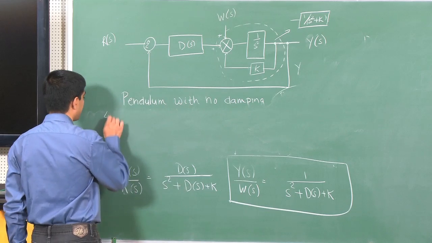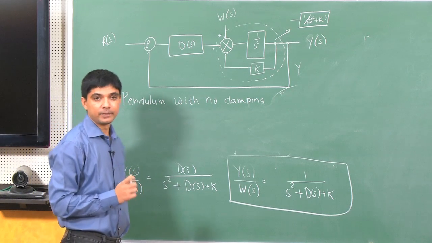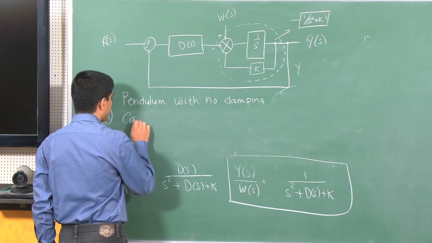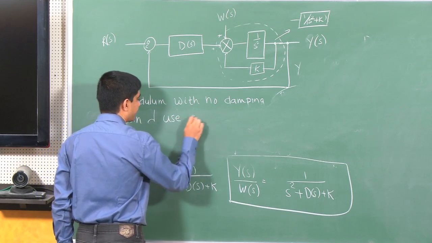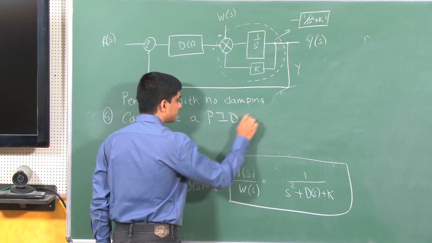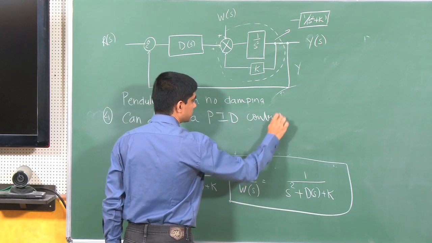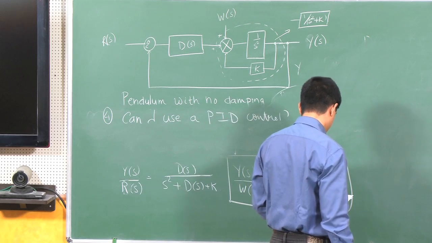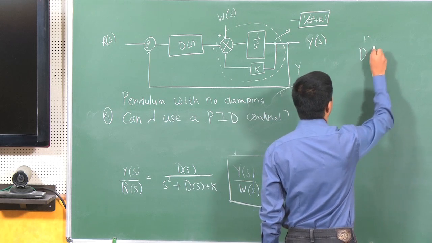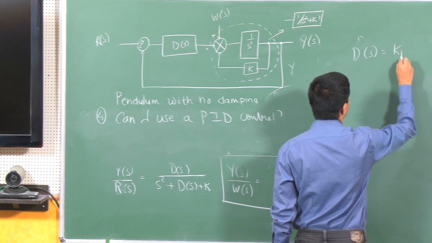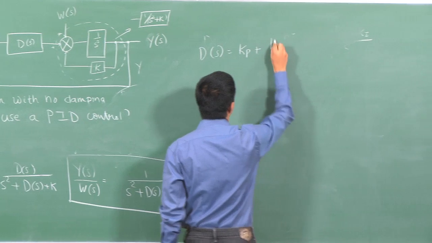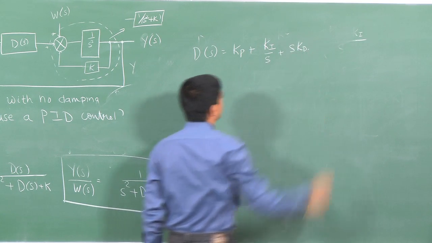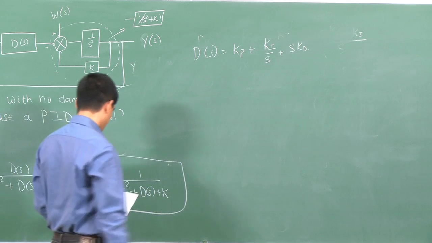Okay, the next is, now part 3 told me that PI was not a very wise choice. Now, can I use a PID control? Okay. So, a general structure of the PID control would be, you have Kp, the proportional term, the integral term and the derivative term, in which case my closed loop transfer function